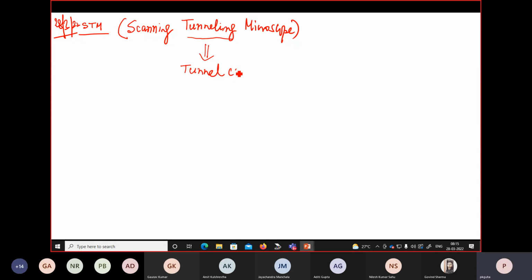sample, okay, and your equipment. So in this STM, we will have a very tiny sharp probe, okay, and this is your sample, and